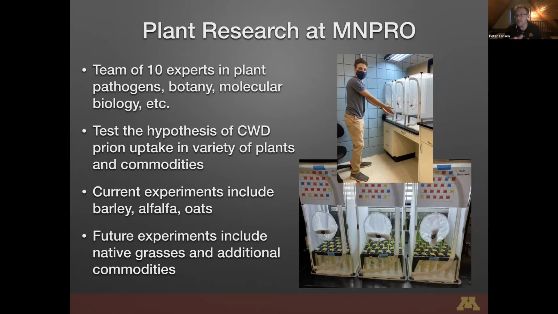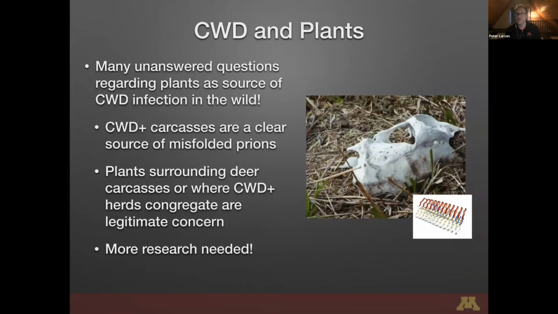Future experiments: right now we're focusing on commodities, but future experiments will focus on grasses and other commodities like corn and soybeans. But if you think about just how complex this issue is when you get out into the wild, right? Natural habitats, the ecology, the plant diversity in areas where deer are, across Minnesota, across Wisconsin, across Texas, it is very complex. So there are lots of unanswered questions, but,